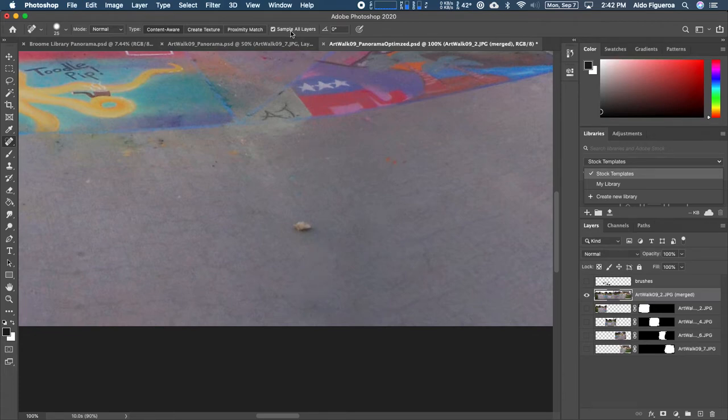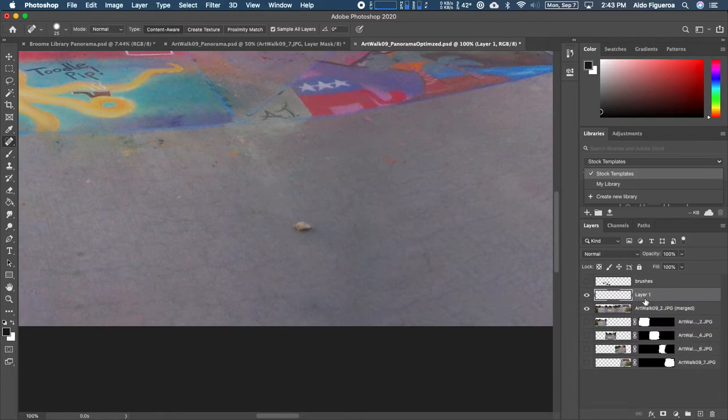Now this button right here, sample all layers, I have this checked on because I want you to create a new layer. This is going to be a new empty layer. You can see that's this layer, it's called Layer 1. I'm going to call this one my Spot Healing Brush, because in this layer I wanted to keep all of my samples